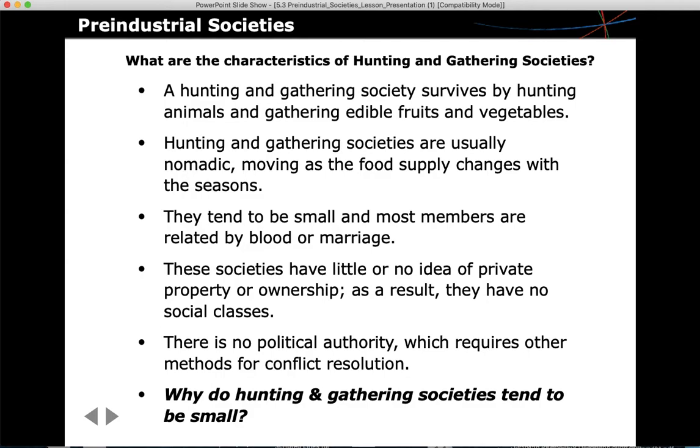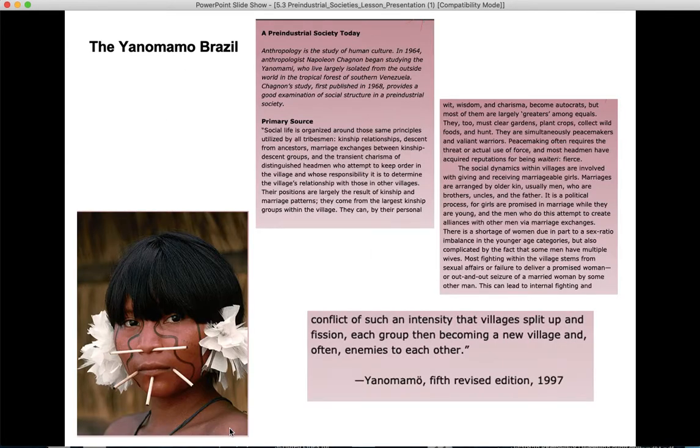As a result, these societies have no social classes, no rich and poor. There is also no political authority. Without political institutions, they resolve conflict in other ways. Traditional Inuit societies of Canada and Alaska, for example, use dueling songs to settle disputes. The people involved in the dispute prepare and sing songs to express their sides in a disagreement. Their families accompany them. Those listening applaud their choices for victor.